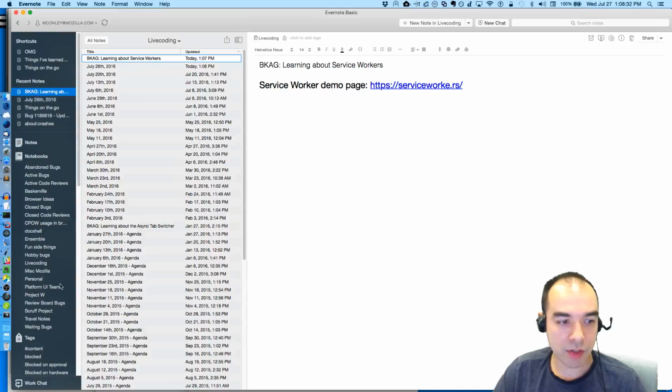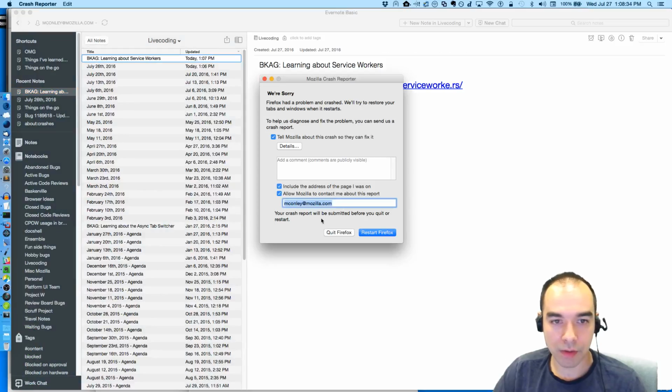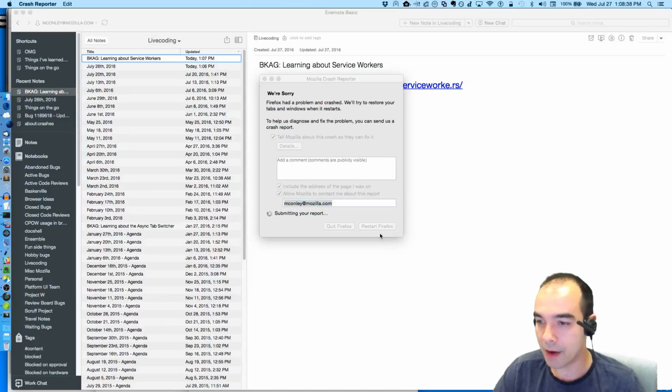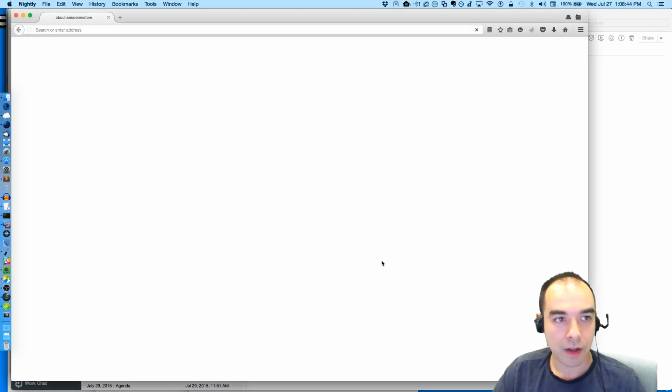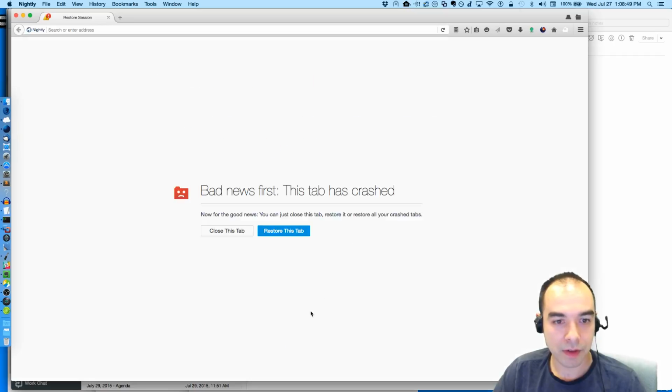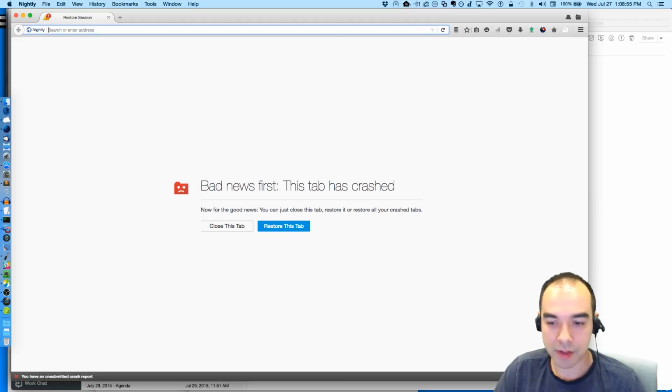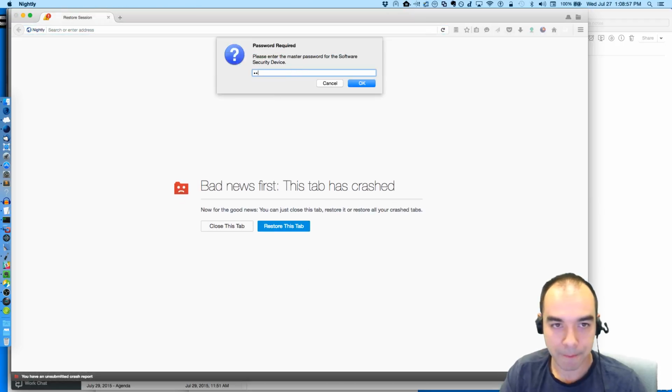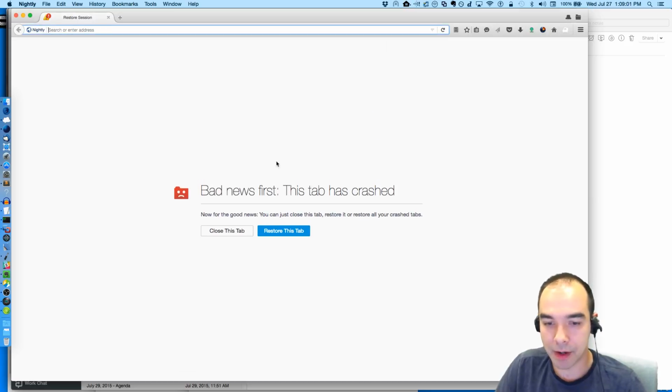And it just crashed. Oh, the irony. Okay, so I'm going to restart my Firefox. I'm going to submit that crash report because I'm a good nightly user. I'm going to restore my session. And now this tab crashed. Oh, holy smokes. What's going on? I have an unsubmitted crash report. Everything's crashy. Alright. Well, that's what happens when you're dealing with nightly software.